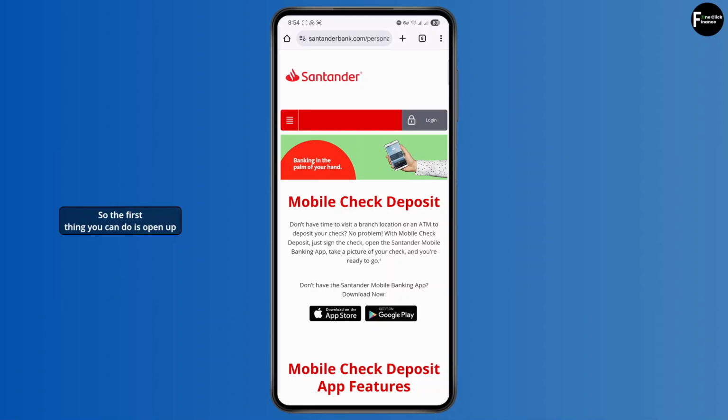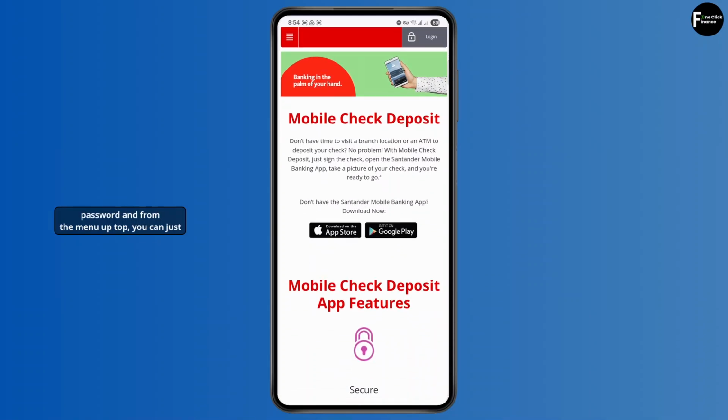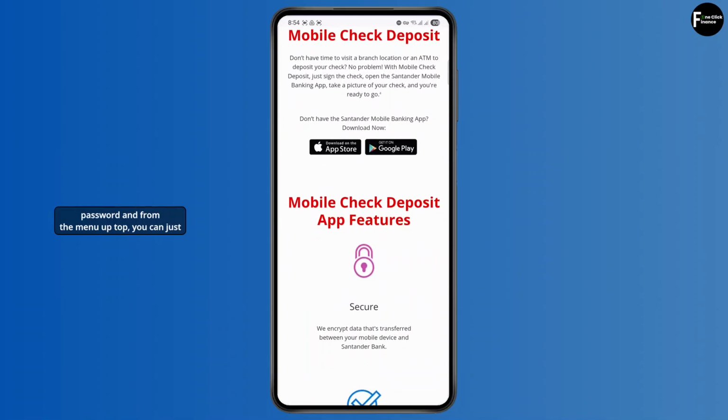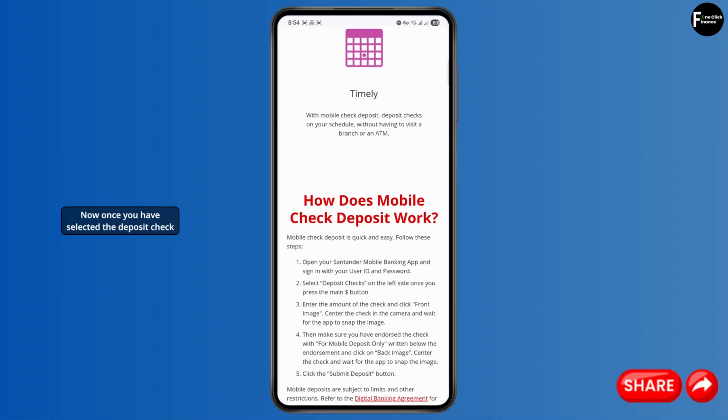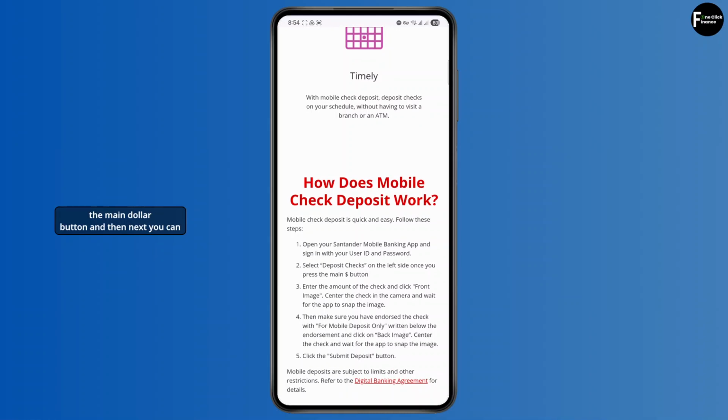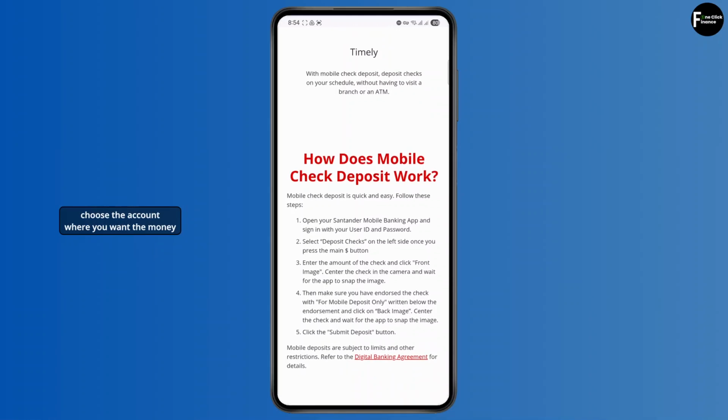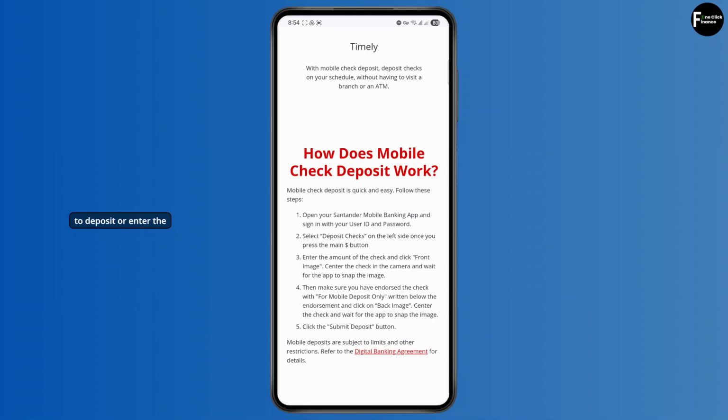So the first thing you can do is open up Santander Mobile App and log in with your username and password. And from the menu up top, you can just tap the option to deposit checks. Now, once you have selected the deposit check option on the left side, you can press on the main dollar button, and then next you can choose the account where you want the money to deposit or enter the amount